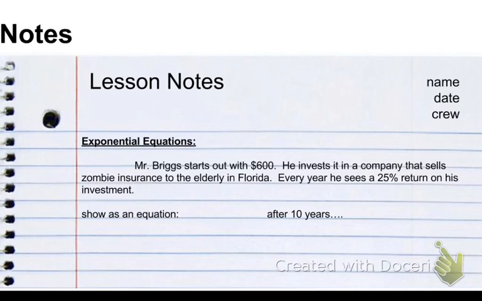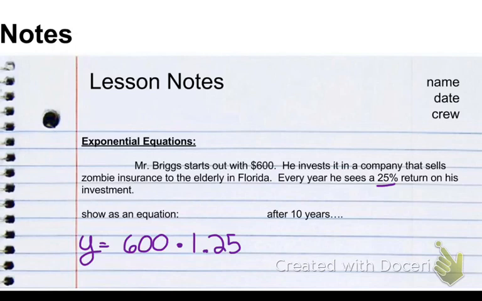Well, we're going to start this out with, obviously, a y, right? y equals what? Well, how do we get this answer? We started here with $600. And we're going to multiply that $600 by a certain value. So $600 times what? What am I increasing by? I'm increasing by 25%. But am I going to multiply by 25%? No, I'm not going to multiply by 25%. I'm going to multiply by